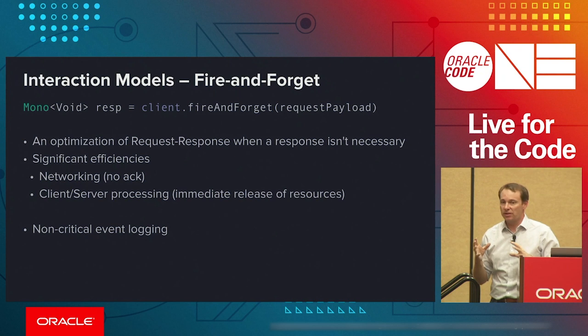The next is sort of a specialization, an optimization of this. And Stephane mentioned a little bit earlier, this idea of a fire and forget request. And a lot of people don't see when would I want to use this? Why is this any better than just a request with a response that it's a no-op? It turns out that you can actually get significant performance improvements simply by assuming that I can send a piece of data and just be done with it. I don't have to listen for the network to come back and acknowledge that it received. And in client-server style processing, it means that the client can immediately release any resources that it was holding when it went off and sent that message in the first place.